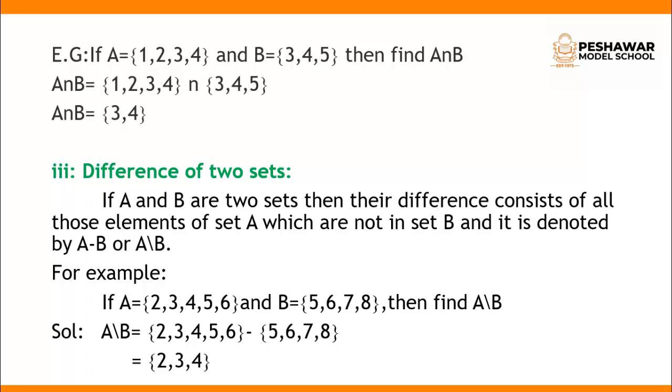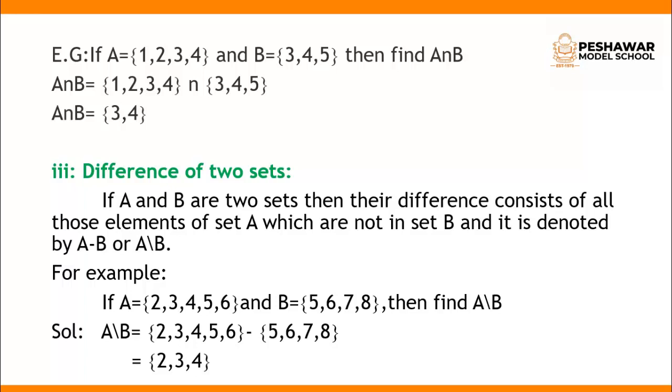So we have to minus it, we have to deduct it, we have to cut it. 5 is cut because 5 is present in both sets. 6 should be cut from both sets, because 5 and 6 are present in both sets. So we have to find the difference. Both these numbers are cut with each other, and we have to find the remaining elements.